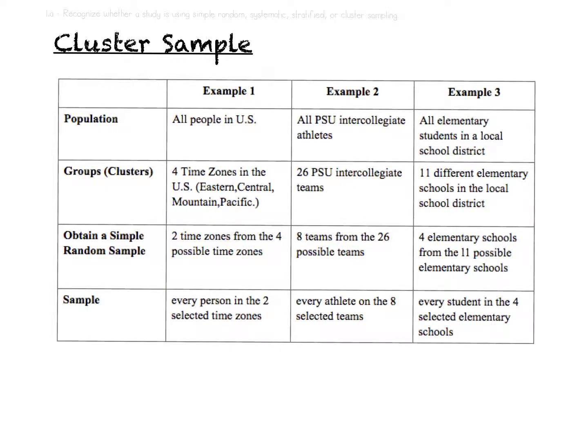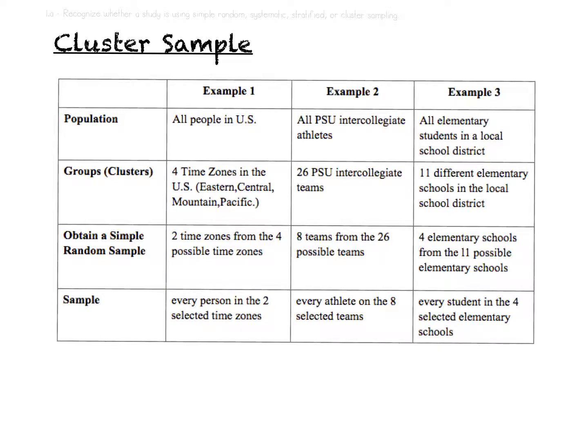So I'm going to divide them into groups or clusters by location. The time zones give us a nice, easy way to divide the population. Then I obtain a simple random sample. There are 4 time zones, and I do a simple random sample and choose 2 of the 4 time zones,